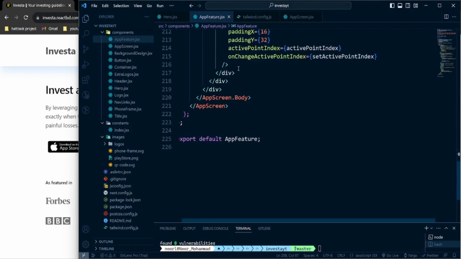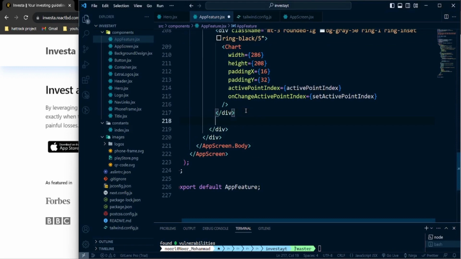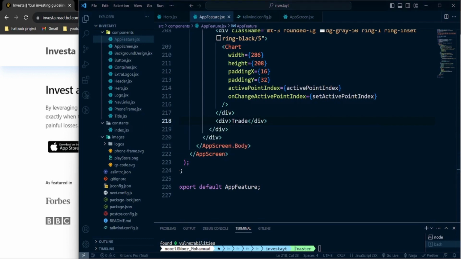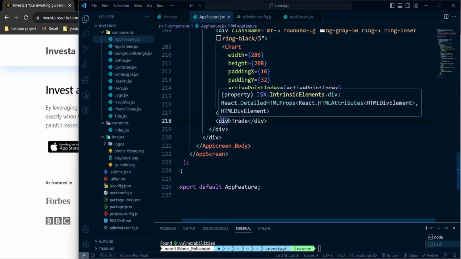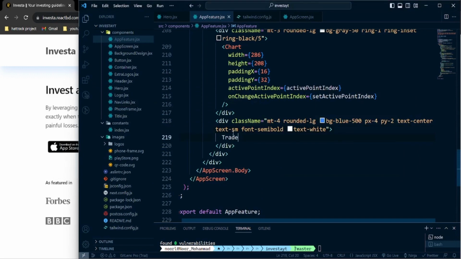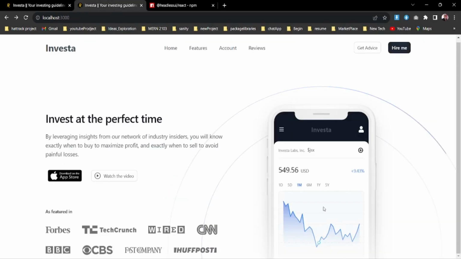So after finishing that chart layer, I'm going to take another div where I'm going to pass that as a thread. Either you can use the button tag, or it's better to create a simple button for this portion, and this button will be responsible with those class names. So you can see that the button is already here, but we cannot see